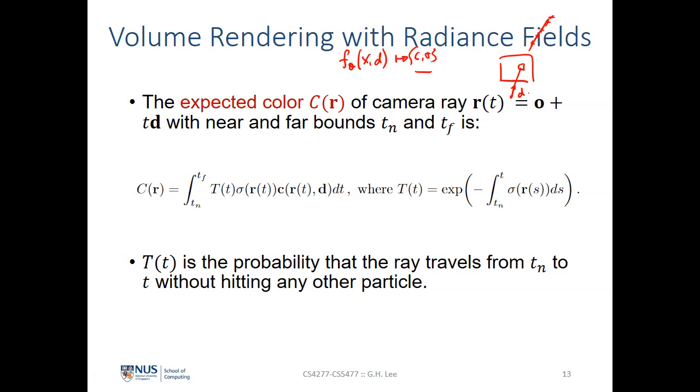Okay, so this ray would be parameterized by t, which is the camera center o plus tD. D is the direction. So you are taking the parameter t, which means that you are sampling points on that particular ray. Okay, so it will be a function of C(r), and this would be the rendering equation, where you integrate from t near to t far. Let's say you want to integrate from here to here. So this would be t near and this would be t far. So we are going to sample all the points from here to here, and then we're going to integrate them together into